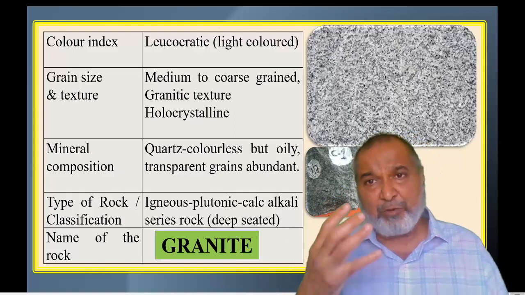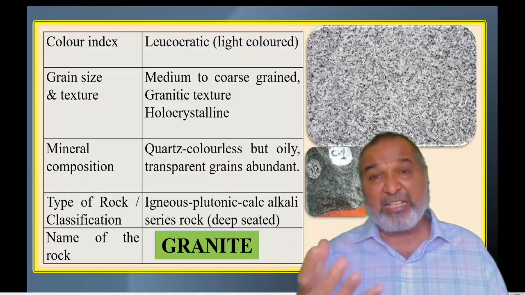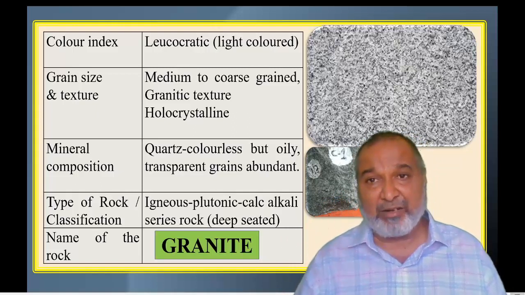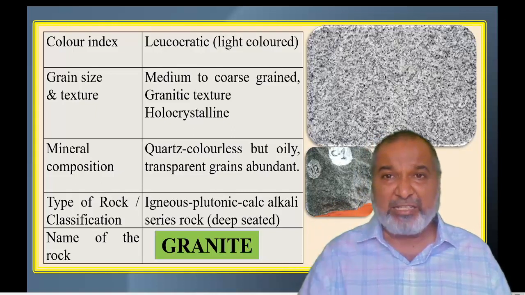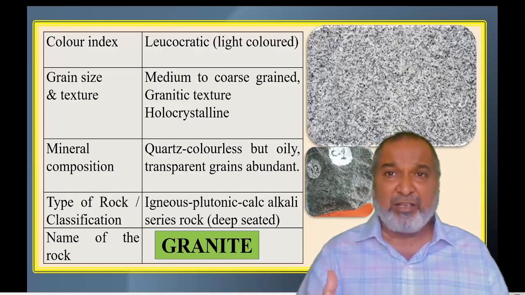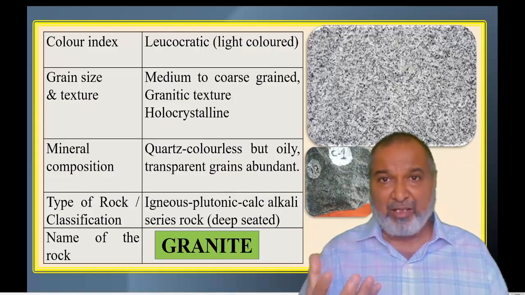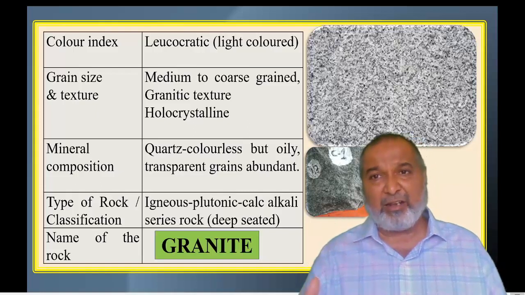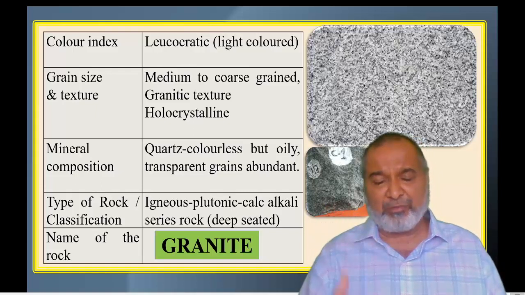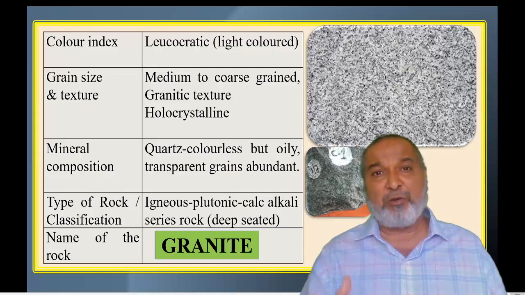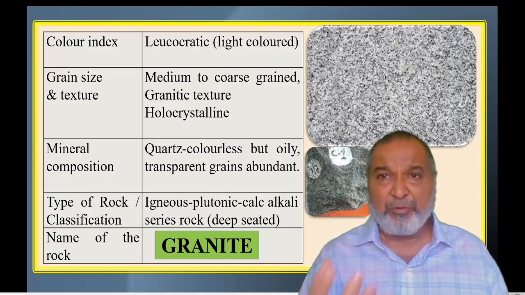Next one, depending upon the grain size. What will be the grain size? If very coarse grain is there, immediately we conclude that these particular minerals crystallized at a greater depth, so it should be a plutonic one. Whenever a quartz grain is visible in that particular granite rock, in an igneous rock, then we say the rock is plutonic in origin.